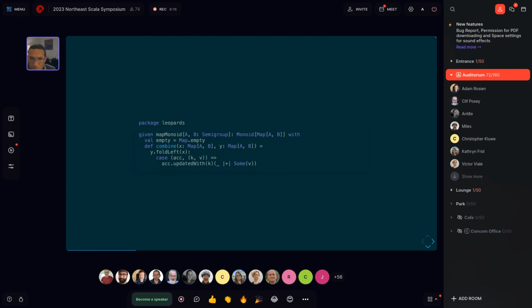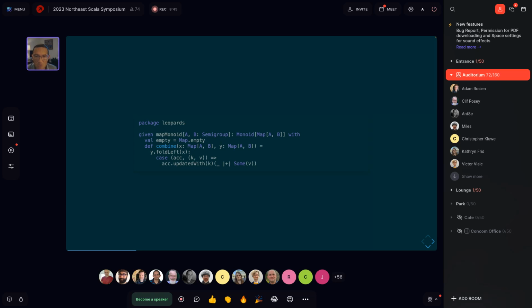So let's keep going. We can build a monoid instance for maps. So this would be for an immutable map from values of type A to type B. And the implementation here, the fold left implementation of combine that is, is not entirely important. The important idea here is that this monoid for maps is going to merge the entry sets of the maps.